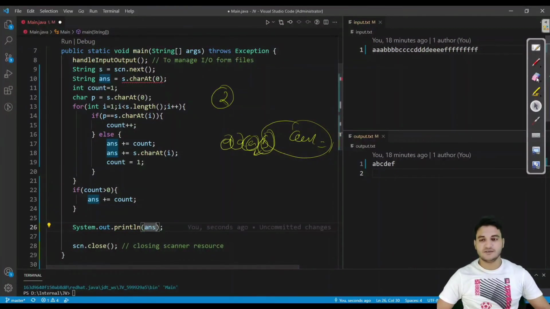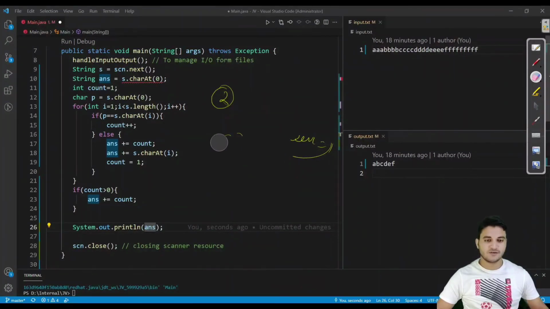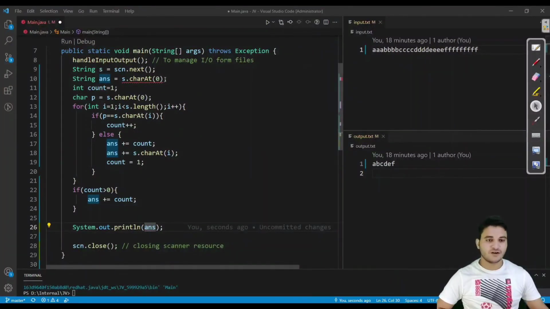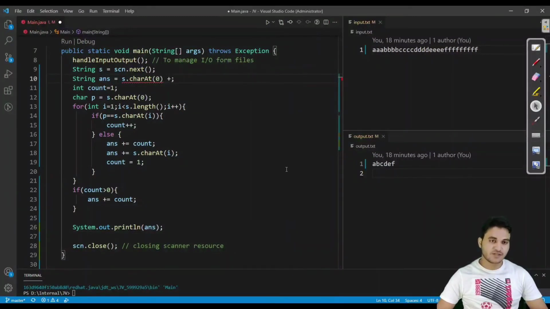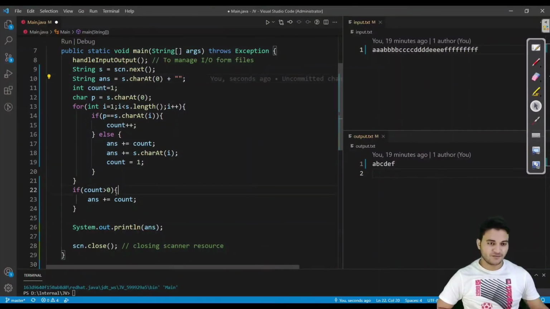So let us see it in action whether this is working or not. We have an error here, and of course I hope you are able to get the error. We cannot assign the character into string. For that we will have to use the empty string. I have discussed this approach, like why we need to append the string, in my just previous video. You should watch that video if you are not able to get this thing.